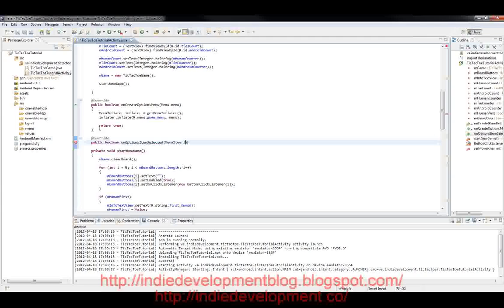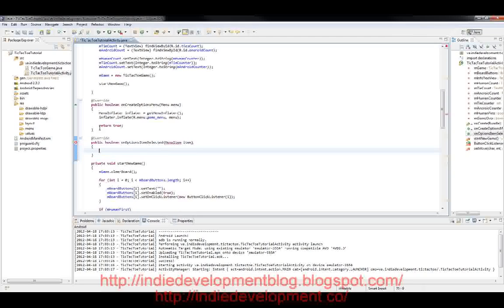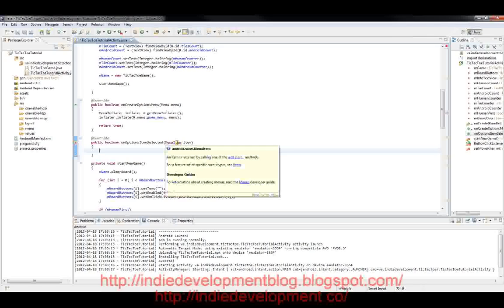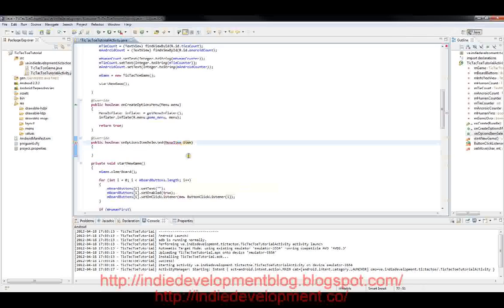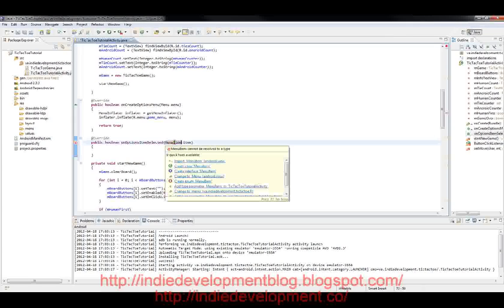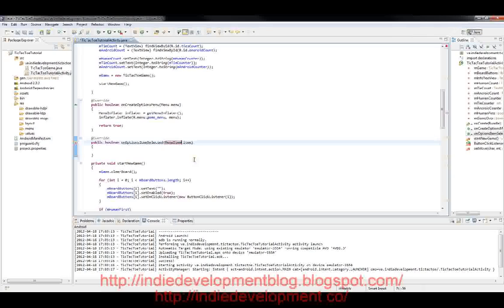Need a menu item. So let's go ahead and import the menu item. Okay, not sure why it's doing that, so try it again. Okay, maybe I misspelled it or something. Anyway, go ahead and import that in, and of course we need to